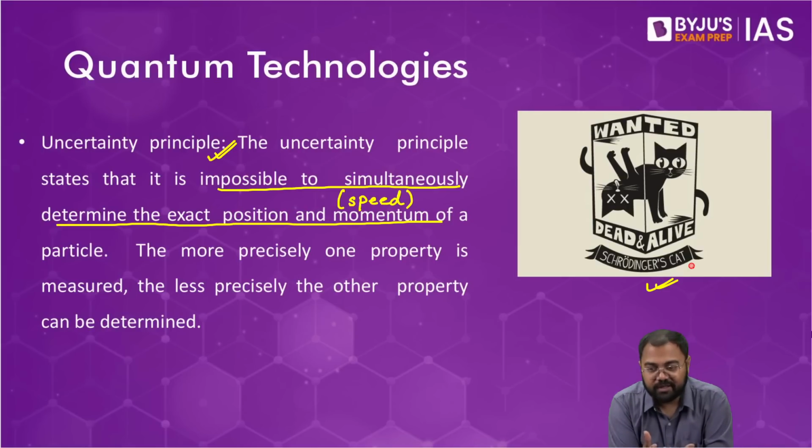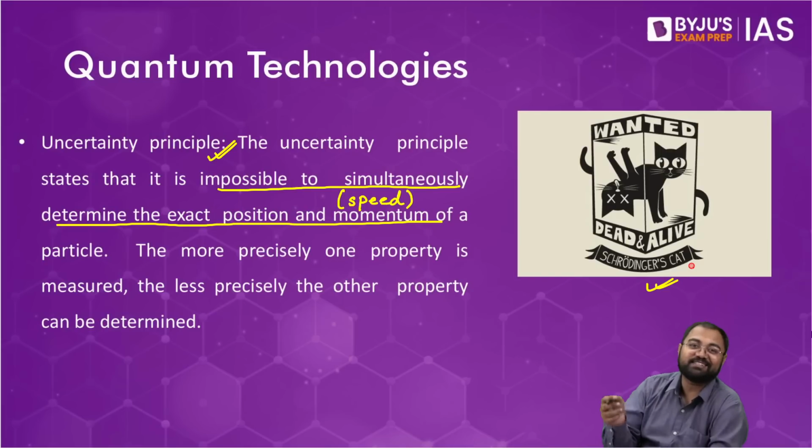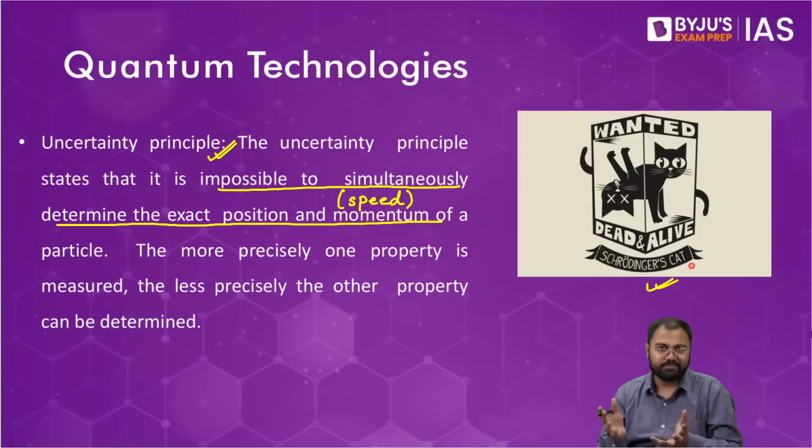And in the example that is given for this, what we basically see in this particular scenario is that it is representing a cat about whom you do not know whether the cat is dead or alive. The cat could be dead and alive both at the same time for you. How exactly? It is saying that let's take a box, all right, and inside the box you have a cat,